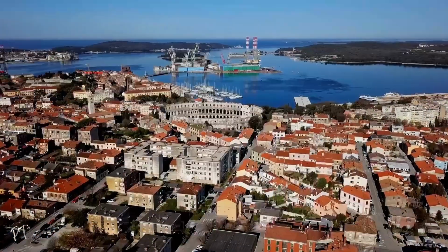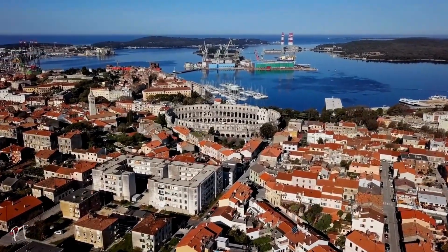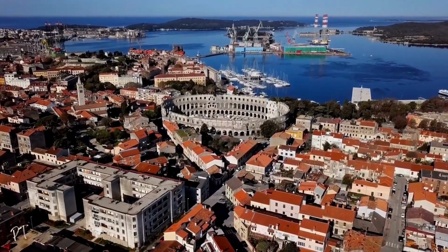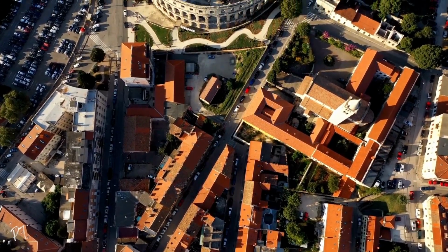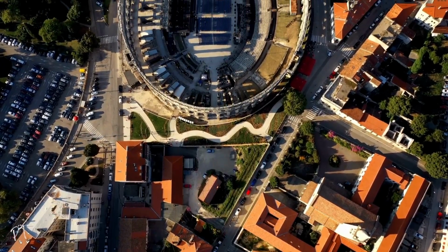Down to the tip of the Istrian Peninsula for number 3, and Pula is gonna surprise you. A bit bigger than the last 2 entries, I'm gonna get right into why this made the list. The Roman ruins that are scattered around the city. Romans and Venetians once occupied the city, and it's been rebuilt multiple times, and it has remnants of history dating